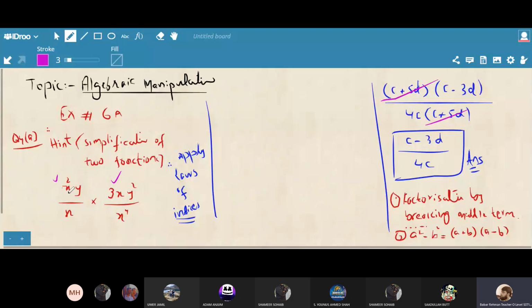In the other way, you can also, first of all, see that both numerators are in multiply form, and this is also in multiply form. So you can do the multiplication first over here. So both methods are correct. Sadullah, can you explain what two methods I have explained now to simplify this? Yes, Sadullah, can you please explain now the two steps I have just explained?